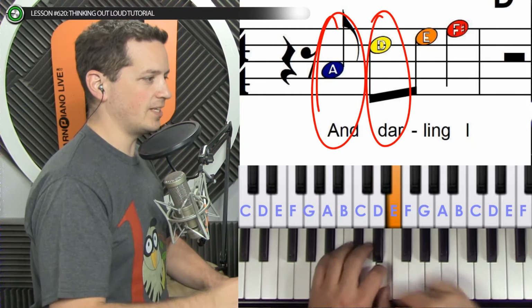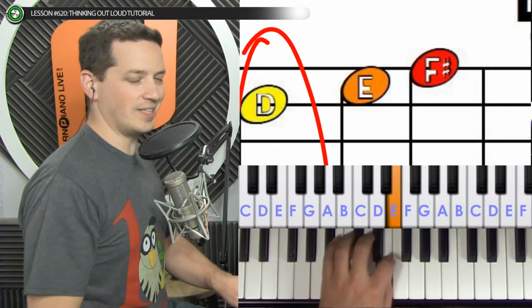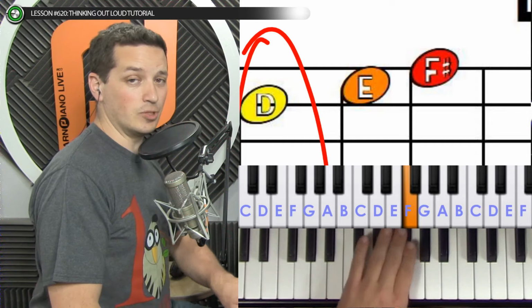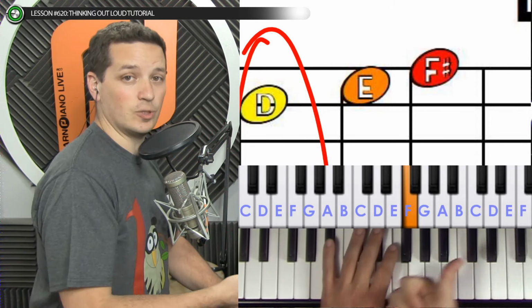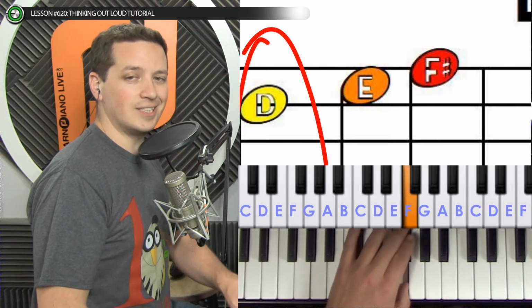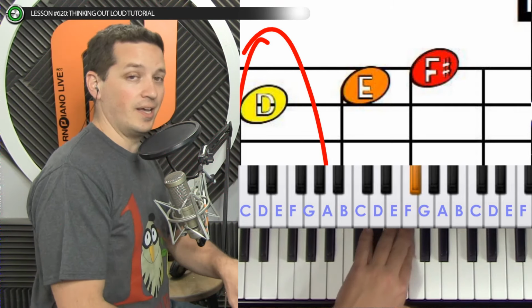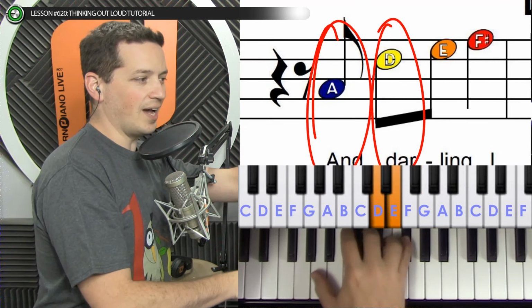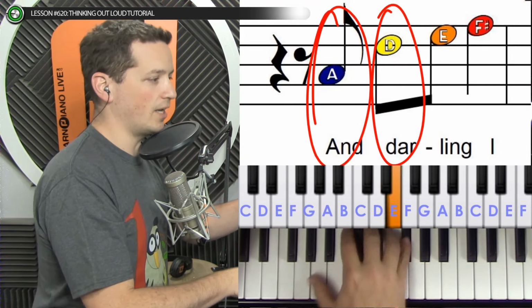And then this next one is an F with a hashtag. We're going to see that a lot in this song. So this would be an F right here. The hashtag in music means sharp, and that means slightly higher or slightly to the right, but only slightly. So we're not going to go all the way to the G, just slightly higher than the F would be an F sharp. So that's that first line right there.